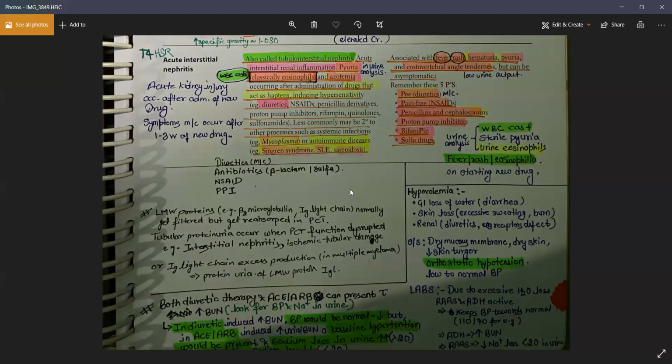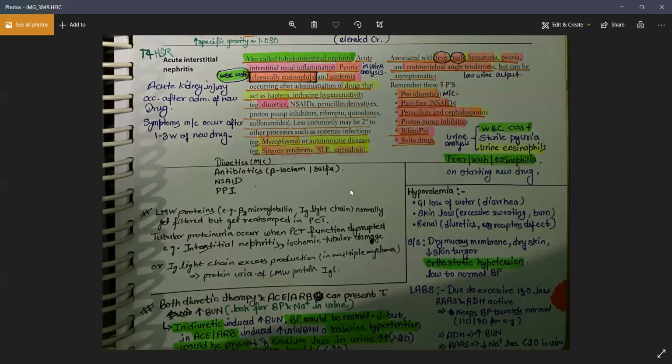And the sodium also, because generally you measure the sodium, not the potassium levels in the urine, right? Yes. So the sodium levels you need to measure. See, if you give the patient diuretics, then because of this fluid loss, the BP would be normal to decreased. Is that okay? Because you're losing your fluid.